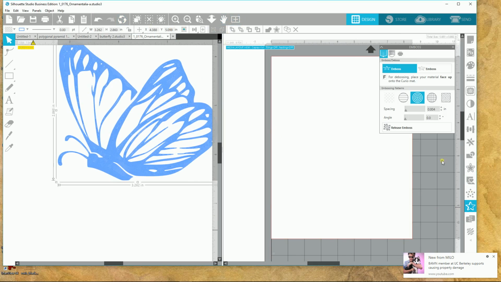This bottom star, not the upper star. And it does look gray, as I said before. It looks gray, but it has the ability to, so every time you put your mouse over it, it turns blue or aqua, and you do have the ability to change the value and hit enter. And don't forget to release emboss. That's the only way when you send it to be sketched that it will actually see the design to be sketched. So hopefully that clears up your problem, because if it doesn't, I am not sure what your